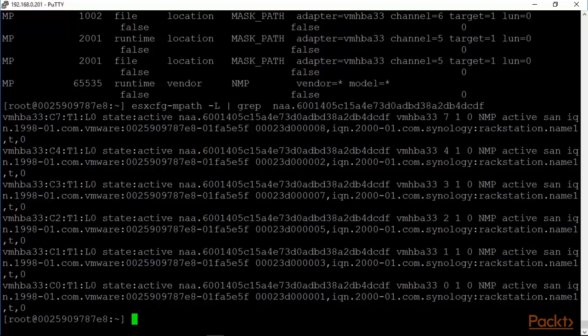Now again, remember that the claim rule can be created based on vendor type, model type, and we saw some examples when we did the help. Now claim rules can of course be removed as well. We are not going to go through that exercise right now, but I will show you what the command is. It's just the reverse of what we did. esxcli storage core claimrule